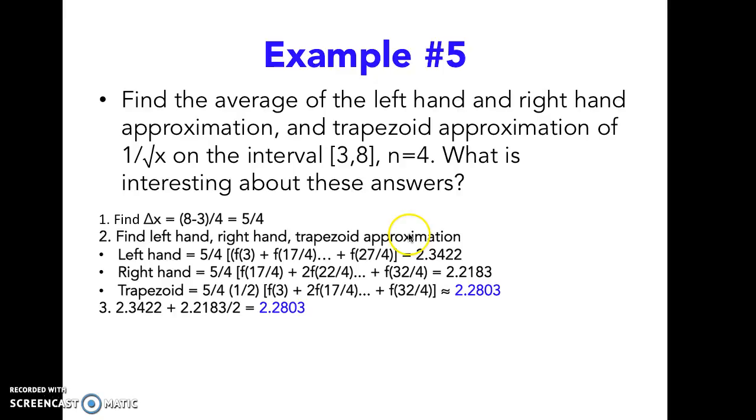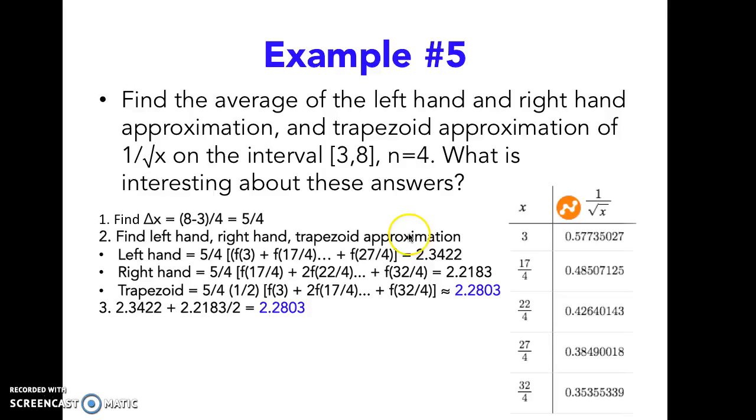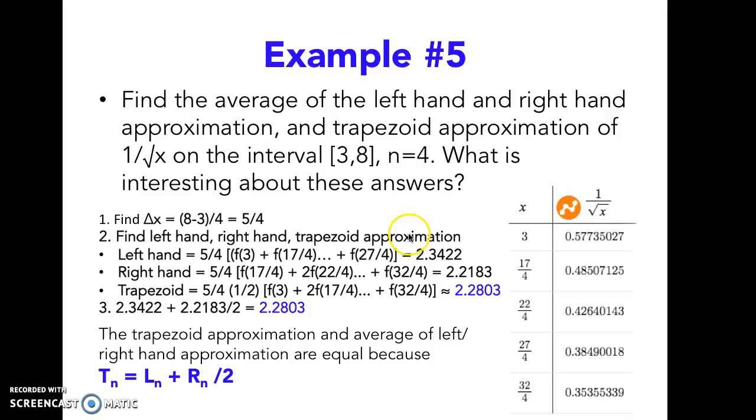The left-hand is going to be 2.3422. The right-hand is going to be 2.2183. And the trapezoid is going to be 2.2803. And then we're going to get 2.3422 plus 2.2183 divided by 2, the average, which is 2.2803. So the reason that the trapezoid